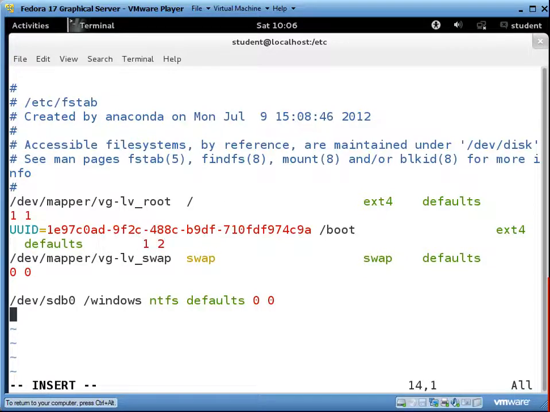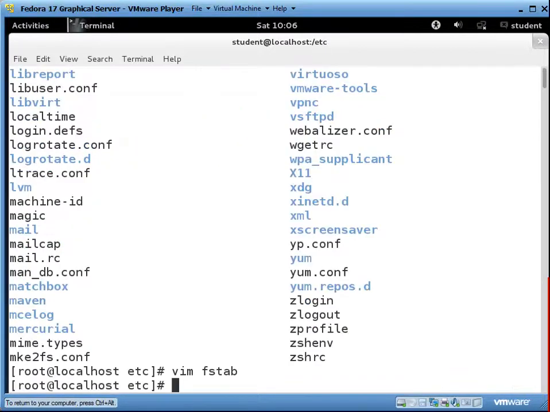And the easy way to get rid of this is to come in here like this and put a pound sign in front of it to comment it out. If it's got a comment sign in front of it, it means it doesn't exist to the operating system. Does that make sense to everybody? Cool. And then all you have to do after that is hit the escape key, Shift ZZ. All you have to do is find whatever the offender is and then comment it out, and then the system will boot up. That's also why I don't like to do NFS inside of the fstab file,